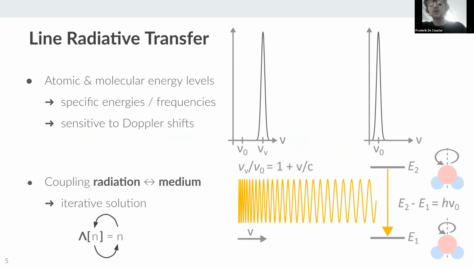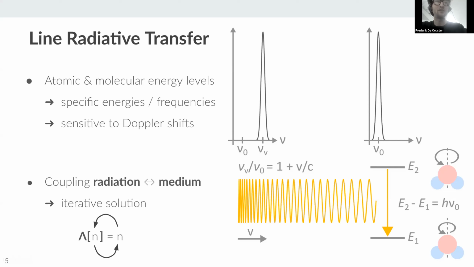These are so narrow in frequency that they are very sensitive to Doppler shifts, causing a strong connection between the radiation field and the velocity distribution. Now, in addition, the radiative properties of the medium depend on the radiation field themselves, resulting in a strong nonlinear coupling between the two. And as a result, the radiation field has to be computed in an iterative way, commonly